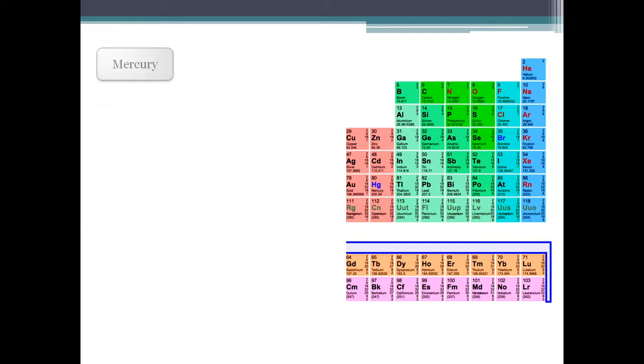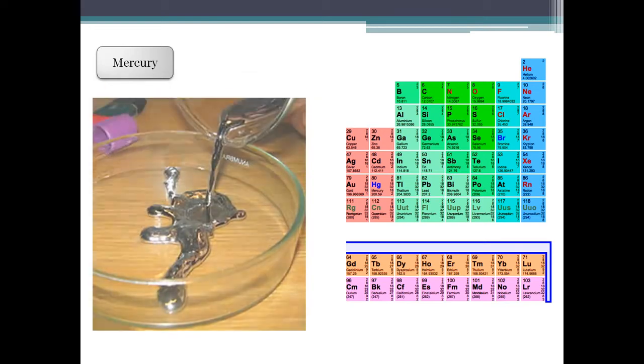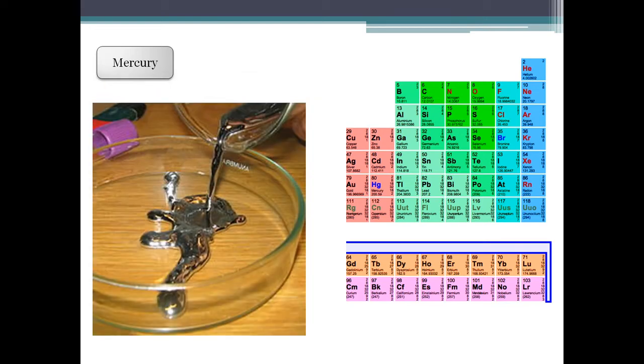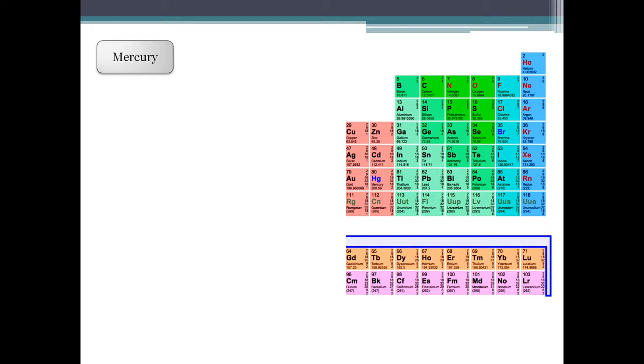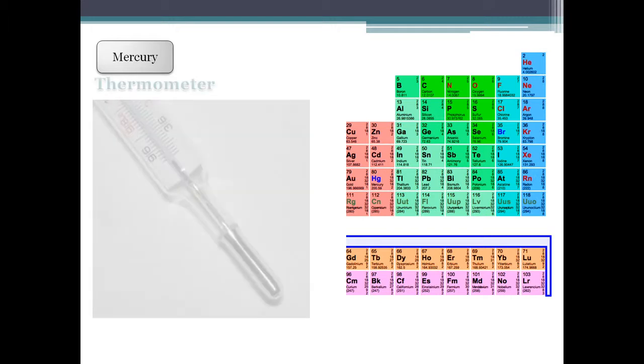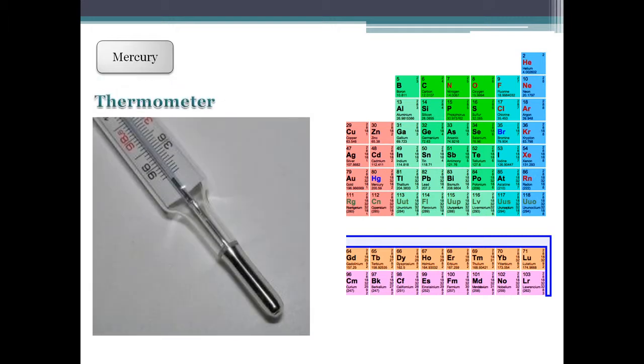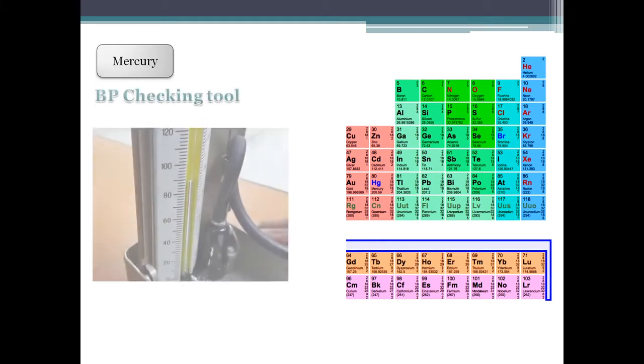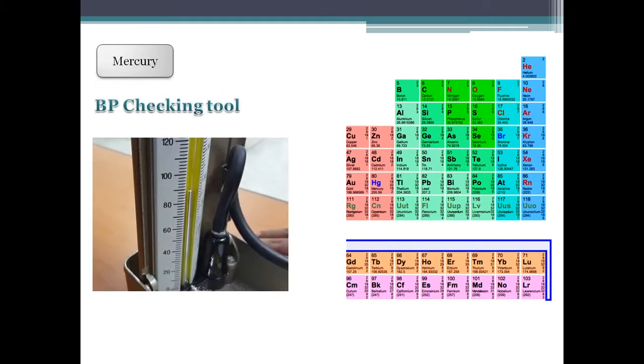Do you know mercury? Mercury is in liquid form, right? In a thermometer you might have seen this, or in an old BP checking tool you might have seen this. Now QTP and UFT, just a little bit of another topic.